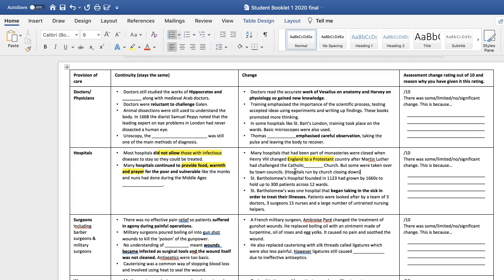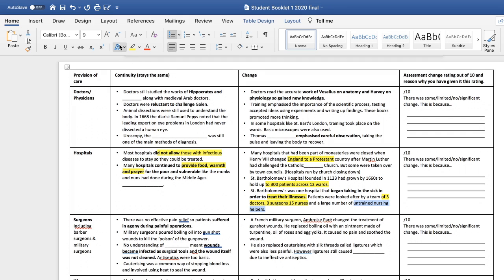Some. So St. Bartholomew's Hospital, founded in 1123, had grown by 1660 to hold up to 300 patients across 12 wards. So we see that hospitals are not just the kind of small sort of local churches now. We see that that's a lot of people that they're now taking in separate wards. St. Bart's was one hospital that began taking in the sick in order to treat their illnesses. Patients were looked after by a team of 3 doctors, 3 surgeons, and 15 nurses, and a large number of